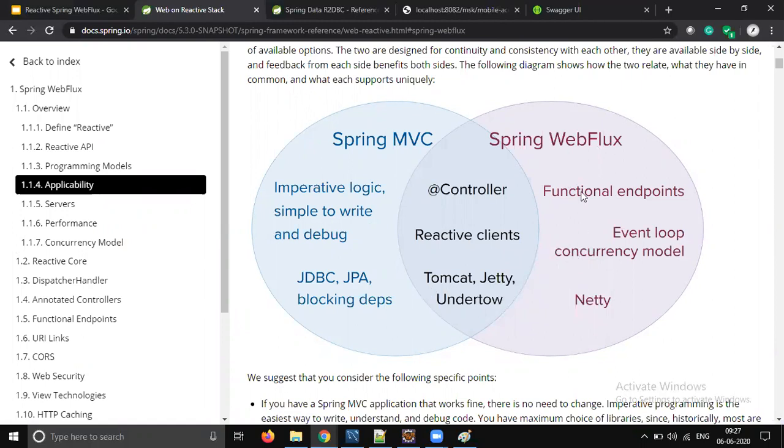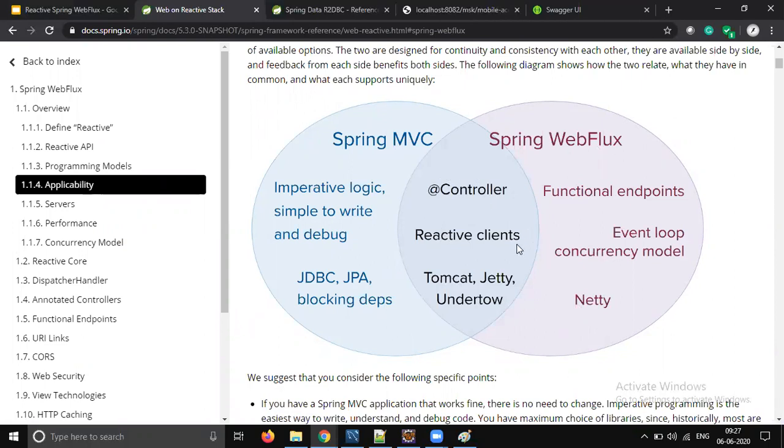Earlier we were here, now we moved into this place, right? So we are using the common thing which can work for MVC and which can also work for Spring WebFlux. We are using Tomcat, but Netty won't be supporting MVC. That is the reason why whatever the features we made common, those are not.